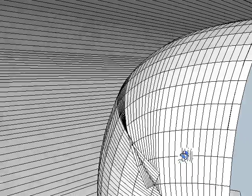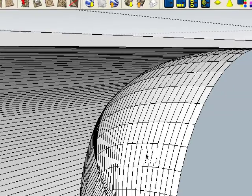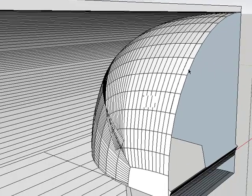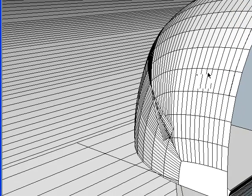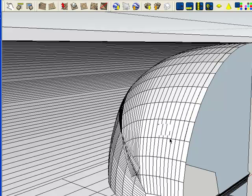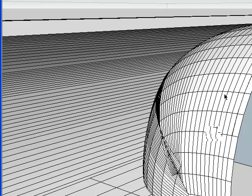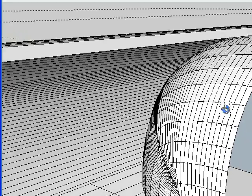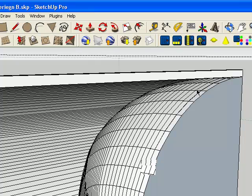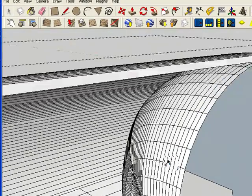Now, one thing that I would like to mention to Robert and everybody, and this is something I'll probably go over a number of times throughout the lessons, you'll notice how many segments are in his arc. When this is smoothed, it's going to make a really pretty shape. However, the problem is this has so many planes in it that it's going to use a tremendous amount of memory in the computer. And based on the sophistication of his computer, he may get down through the project and all of a sudden his machine's going to slow way down, or it may even crash. And so if you're playing with this, you might want to go back and review the lesson on the arc tool, where you can create an awfully nice arc with a lot fewer segments in it,